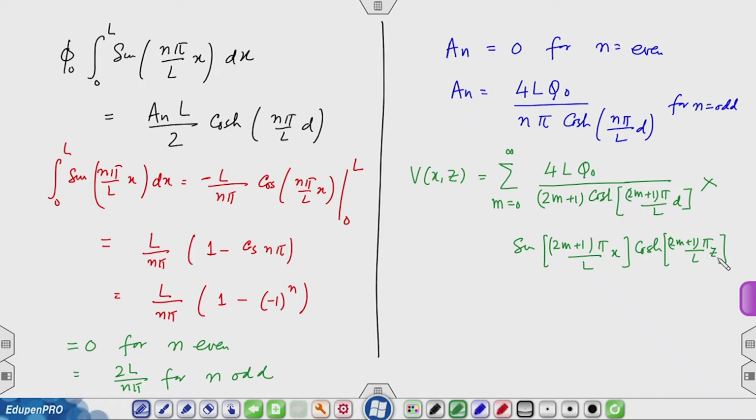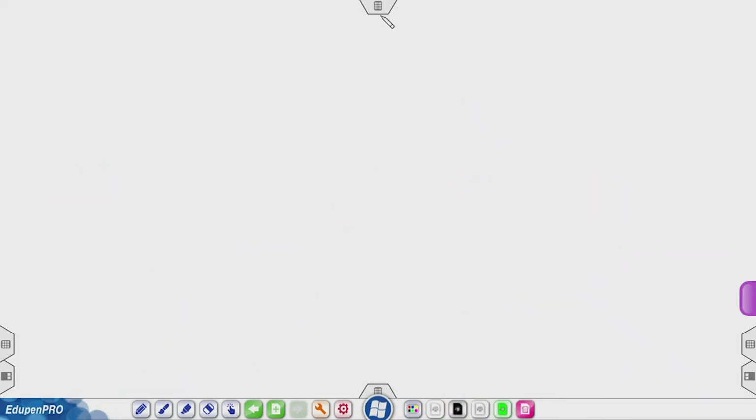That is your answer. I am now going to change this to an integral by taking k m to be equal to 2 m plus 1 pi over L. Delta m equals 1. That means, when I go from 0 to 1 to 3 to 4, delta k correspondingly is 2 pi over L. K is only 2 m plus 1 pi over L and delta k is 2 pi over L. So, let me collect all the terms and write